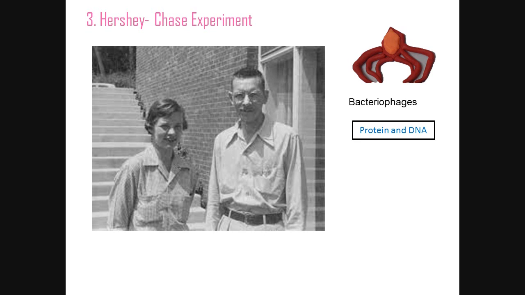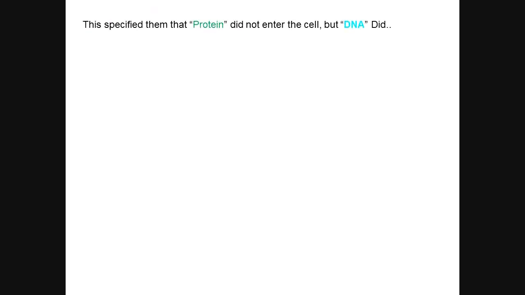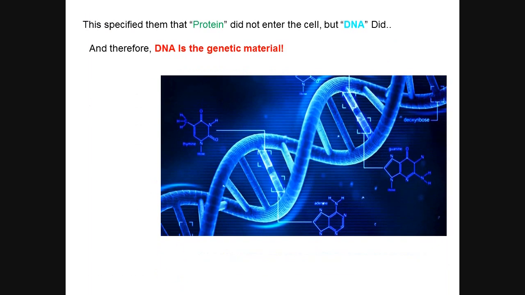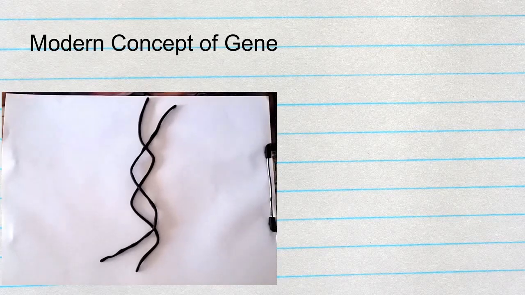After they carried on their experiment, they came to the concrete conclusion that protein did not enter or infect the cell, but DNA did. From then onwards, DNA was known to be the genetic material. Now we know that genes are units of inheritance, and a gene is a segment of DNA which